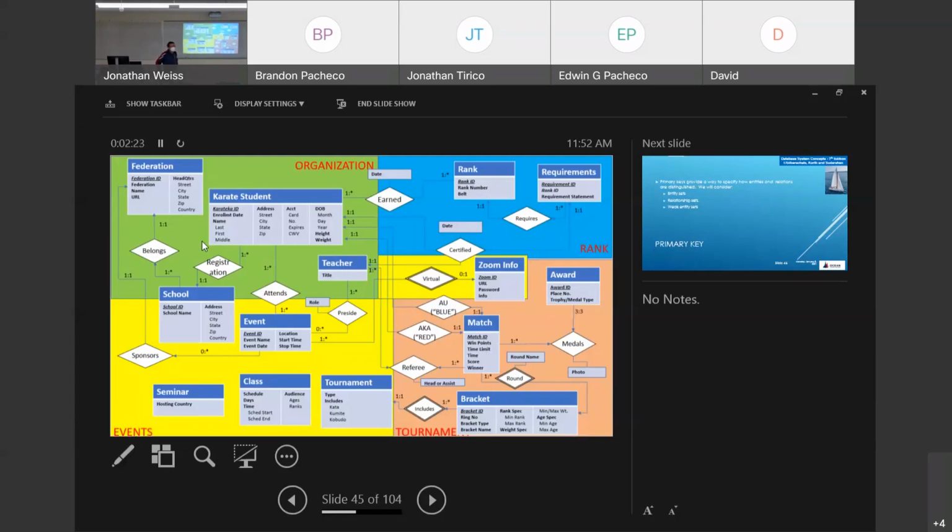Does anybody know why we might want to know whether there's a zero there or not? You can tell if they're actually related with it. No, not quite. I'll give you a hint. It has to do with a property that we talked about when we talked about databases. And it had to do about cascaded deletes. So referential integrity. The reason we have a zero there is it lets us know that even if we don't